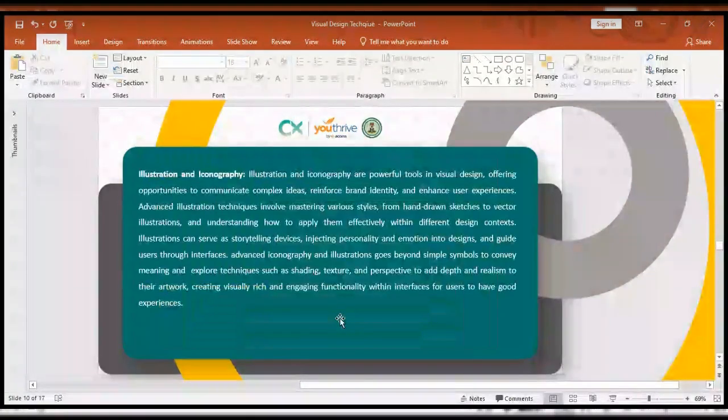Now we have the next one, which is illustration and iconography. Now, what does this thing mean? Everybody knows what illustration is, the 3D. Now, when we were using Figma as our slide,